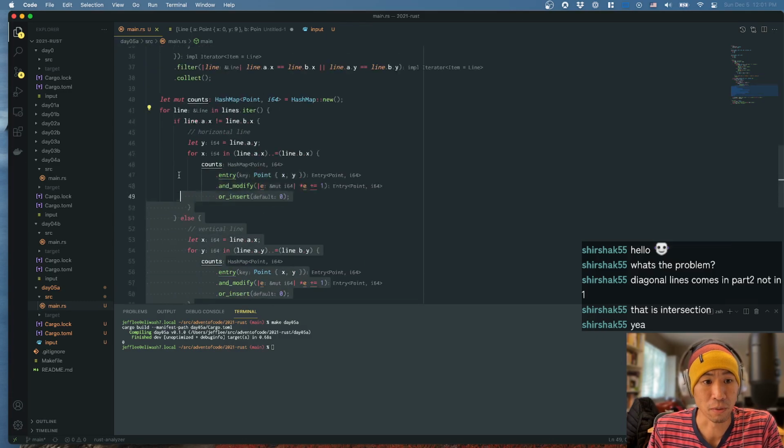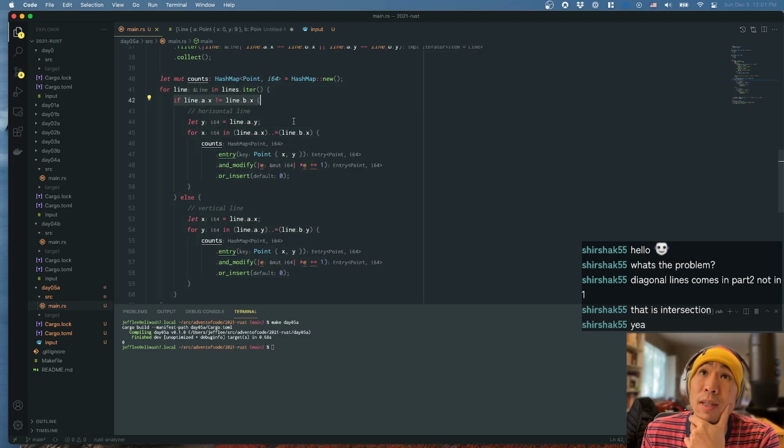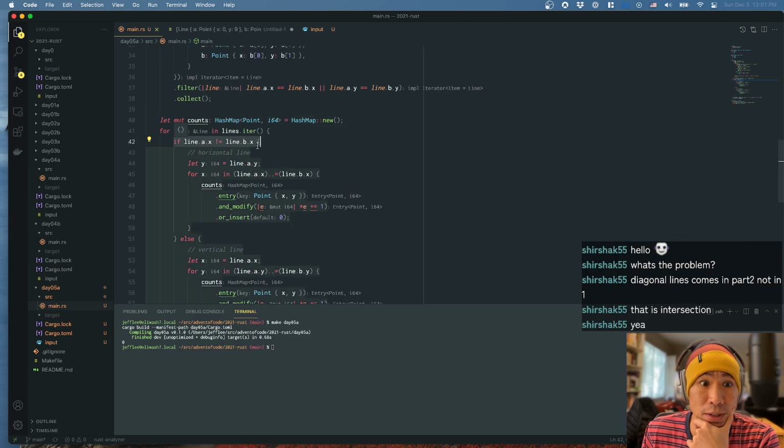So there's something wrong here. So let's see what we've got. If AX does not equal BX, the X values aren't the same. We know that we've filtered out the diagonals. So that should be a horizontal line. And this should be this. And then for X,